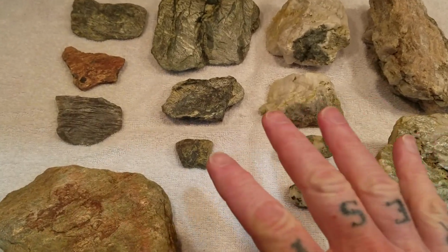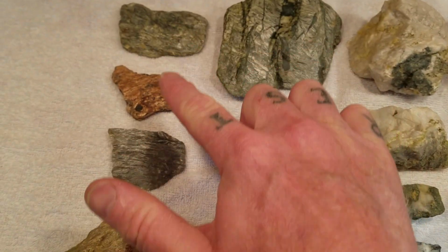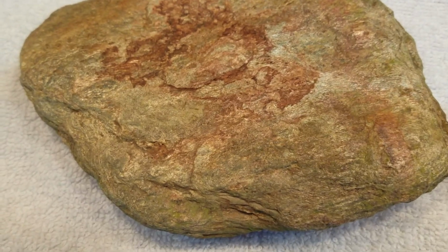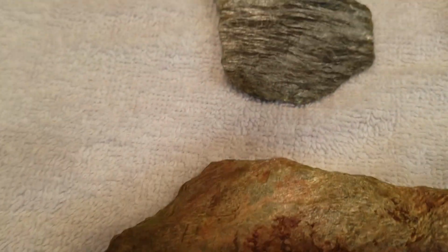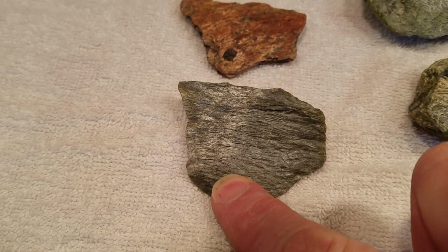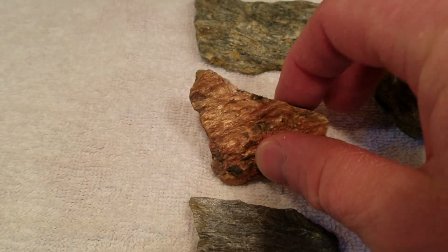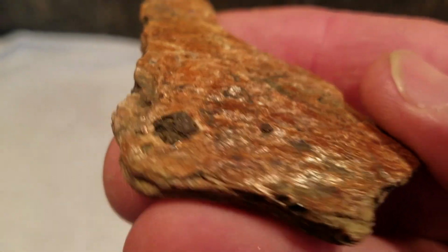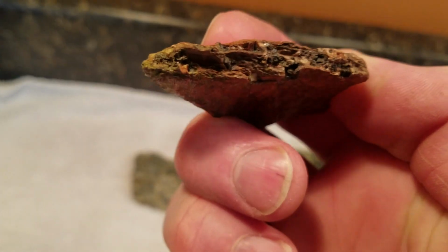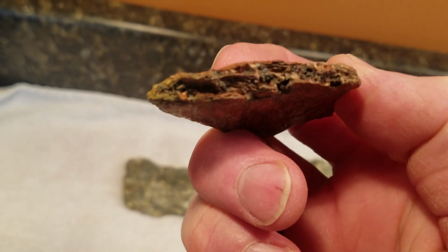Okay, here's the roundup from the creek with all the schist in it. So this wrap-up's actually fairly easy. This row right here is all samples of schist. But you can see how it kind of gets iridescent in different colors. Like this is one of the pieces that looks like a piece of metal laying in the creek. This piece is that copper piece, and Mrs. Shellcasing Kid believes that it has evidence, if you look at this edge, that there were crystals attached to or inside this piece,